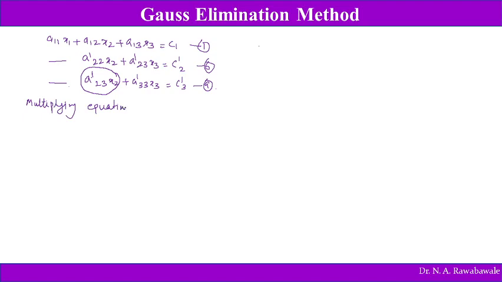Equation number 6 is multiplied by a'23 and divided by a'22, so we get a'22 x2 plus a'23 x3, which is equal to c'2, multiplied by a'23 divided by a'22. Then a'22 gets cancelled. We will get here a'23 x2 plus